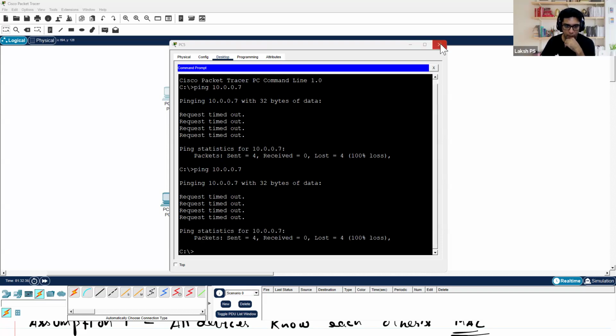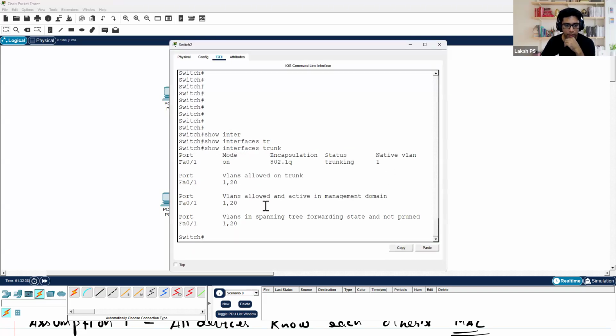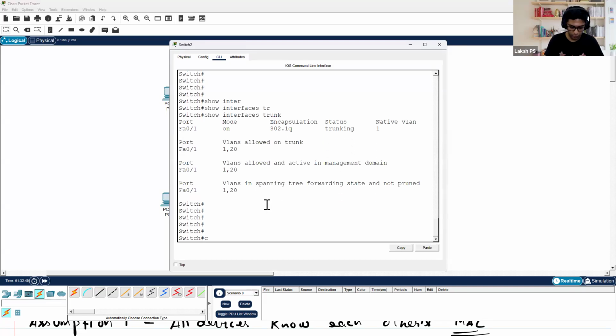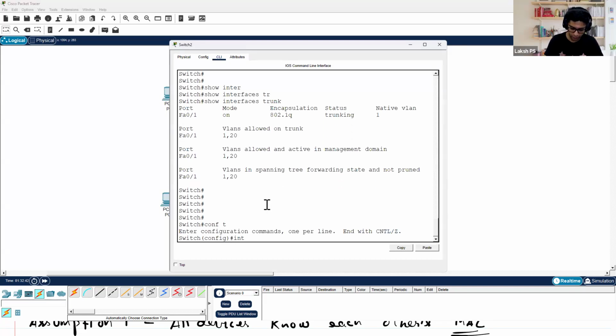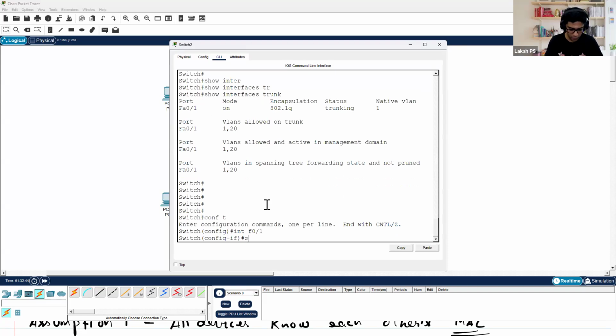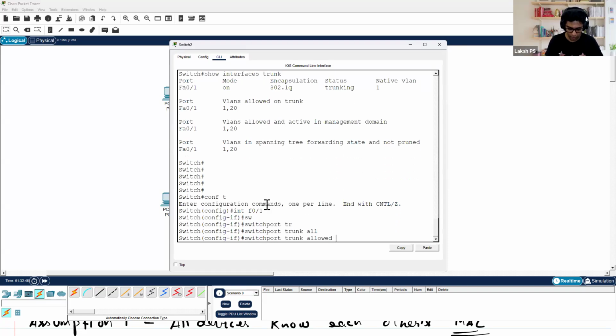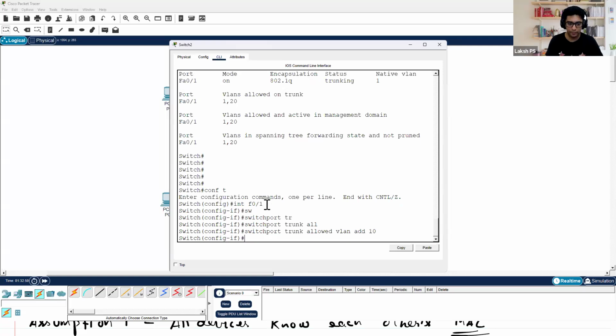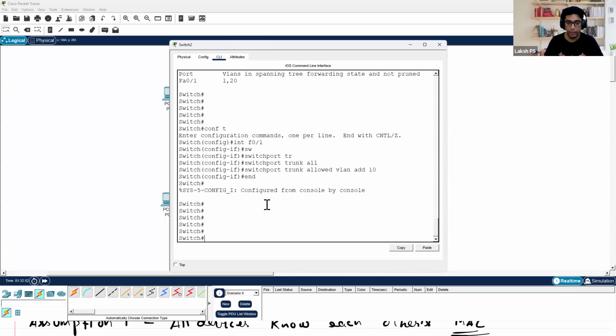No. Now, let me change the configuration on switch number 3. Configuration terminal, interface fast Ethernet 0/1, switchport trunk allowed VLAN add 10. Okay. Now, why did I use the command add 10? Why couldn't I just write